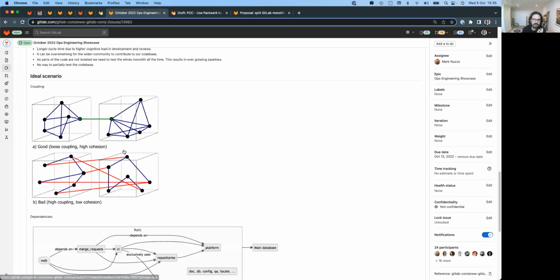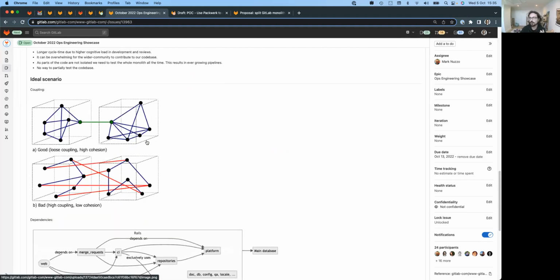So in the ideal scenario, if you want to look at our coupling, what's good and bad coupling, we know that loose coupling and high cohesion is the ideal, where we have two different parts of the code base interacting through a well-defined API or interface, and all the communication goes through that. This allows one part of the application to even be completely refactored without worrying too much about how it is being used, as long as the contracts are still being satisfied. But in the opposite scenario, where everything is coupled with everything, it becomes very hard to understand, if I change this code, how everything else is going to be affected. And